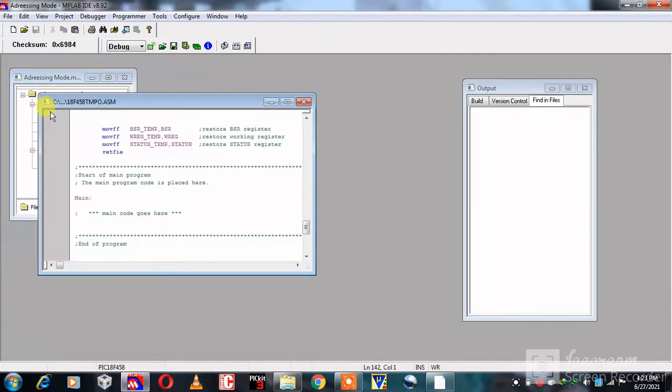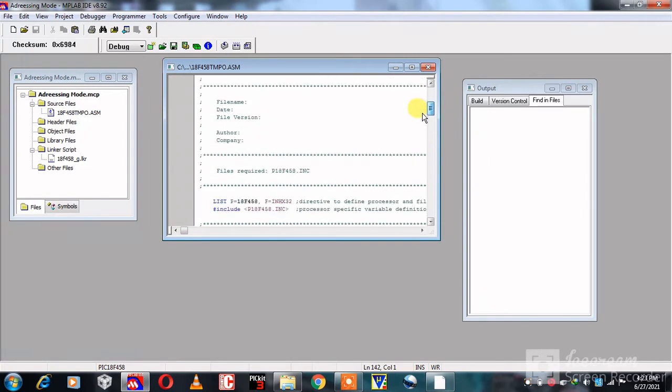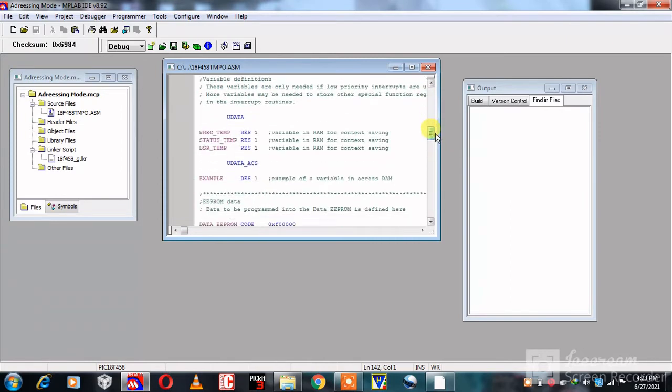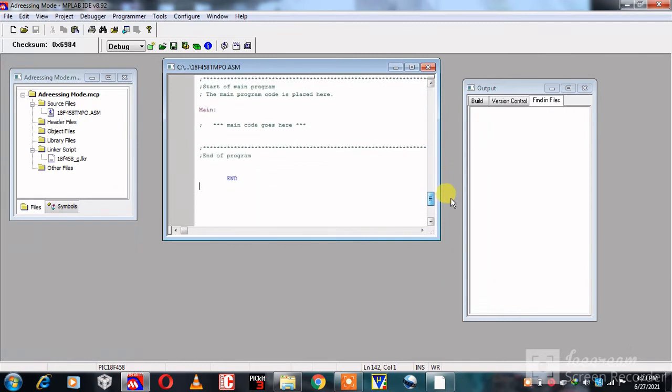Now double click on this file. Here this is the PIC18F458 source file. These are the configuration registers and their settings. Before end we have to write the program. Here I have written our first program, immediate addressing mode.